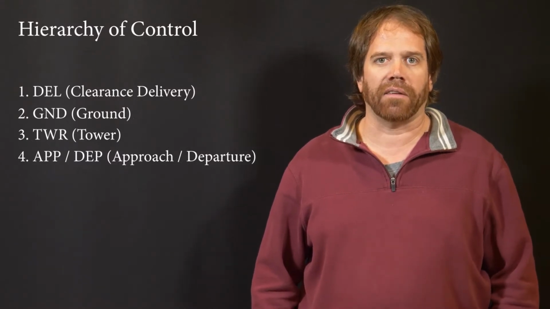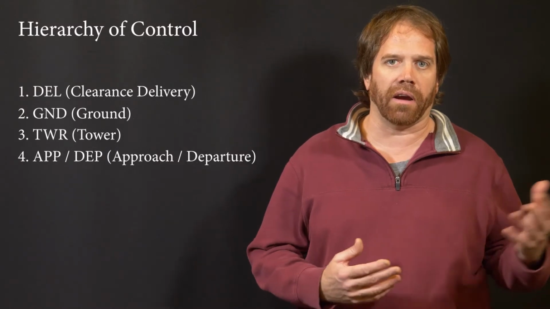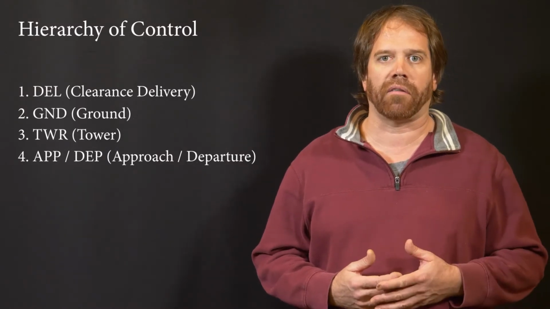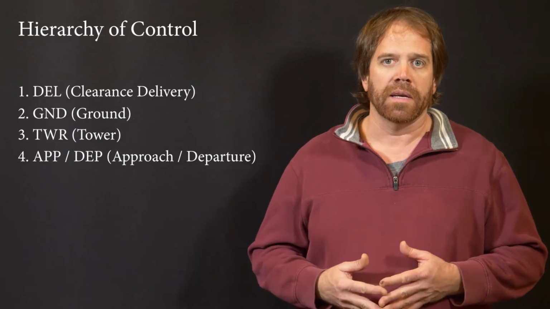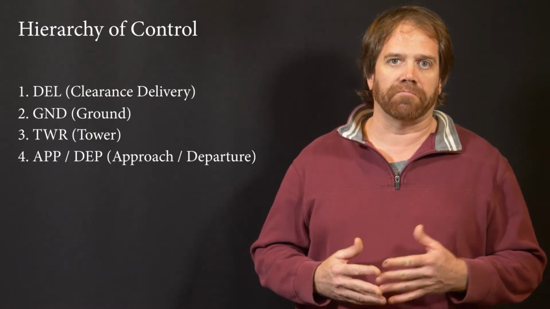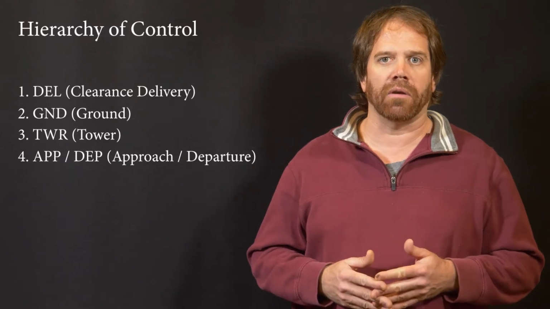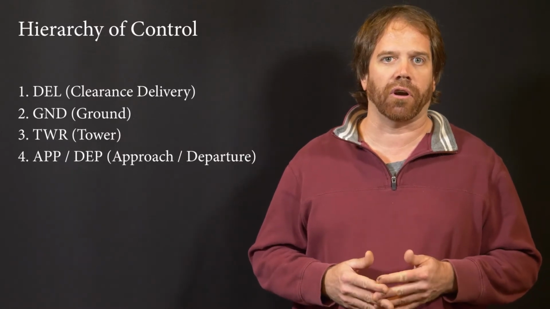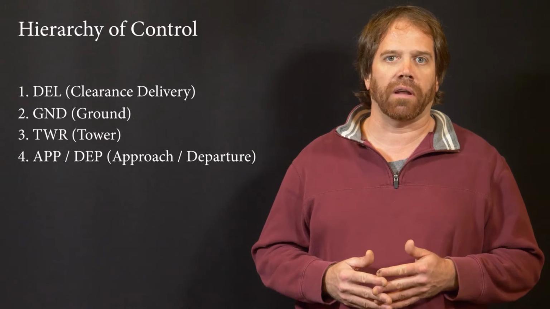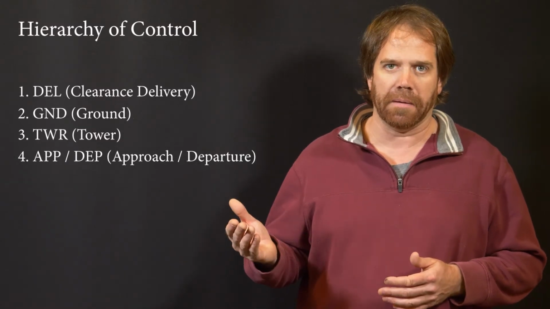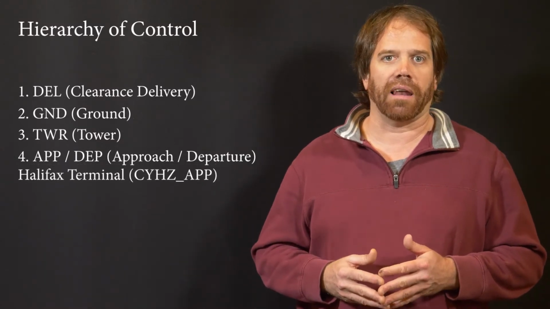As the title indicates, they are either in charge of all the aircraft approaching the airport or all the aircraft that have departed the airport. In certain cases, for most intermediate-sized airports, these positions are sometimes combined into a single position, which is then called terminal, although the position will still have the last three letters of APP. An example of this is Halifax Terminal,